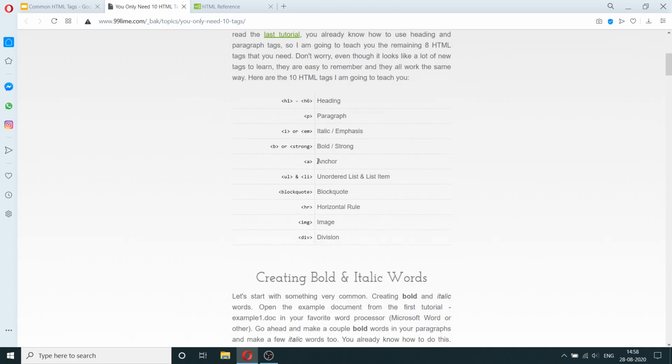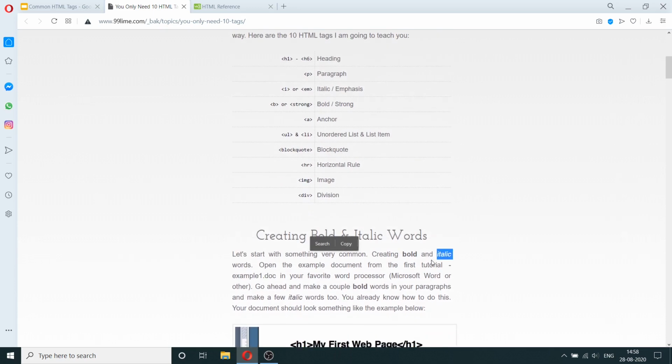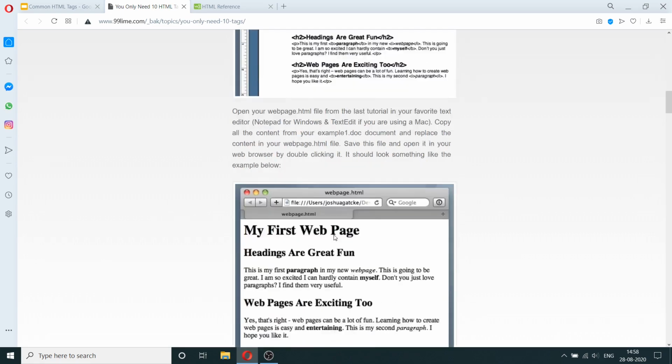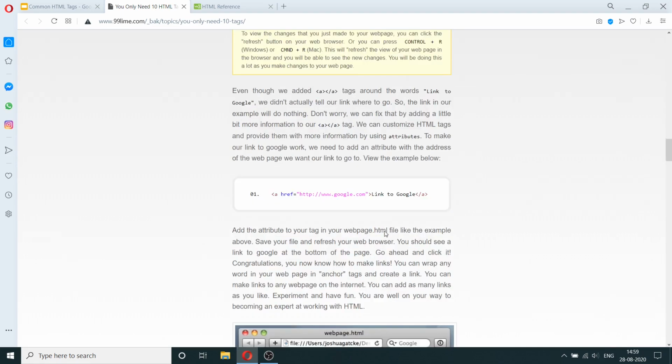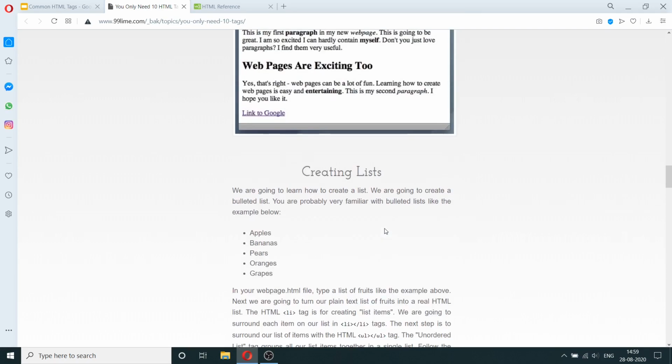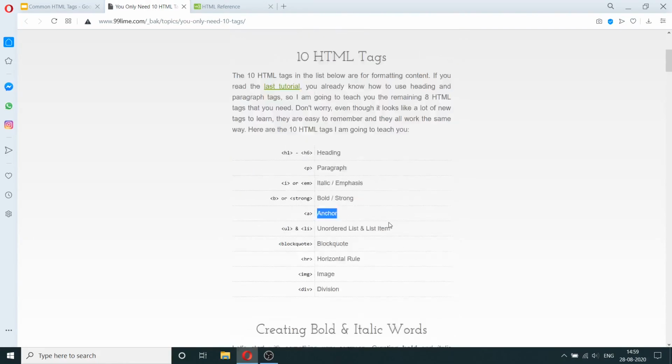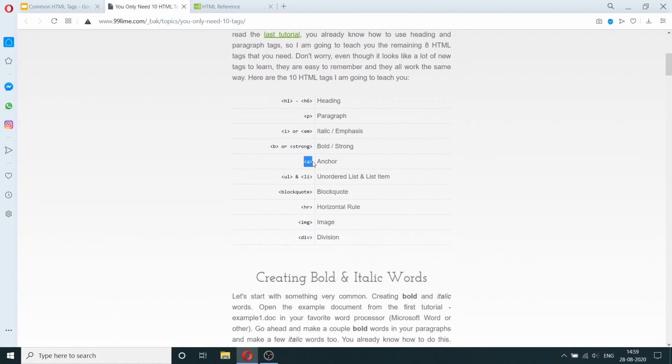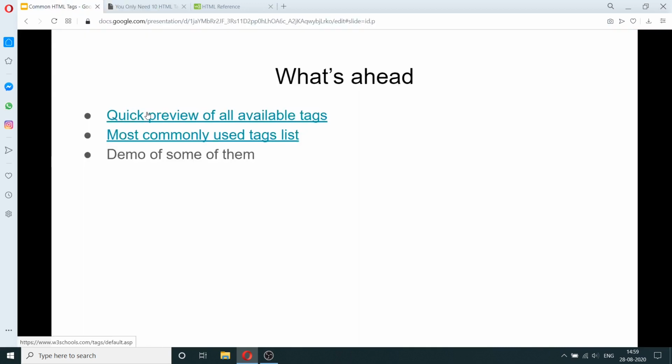We will be demoing these. So you can see this is an italic text. This is a bold text. It's an anchor. Anchor would be basically a link. So I'm trying to look for an example, but we'll do a demo of this as well. So anchor stands for a link where you click on a certain text and it will take you to a certain page. So basically this is an anchor.